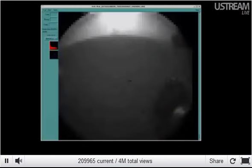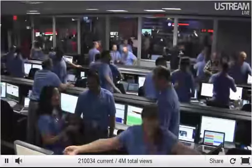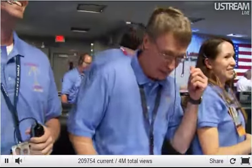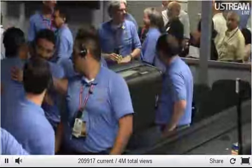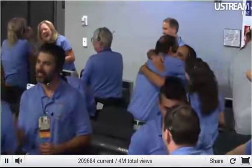These are the rear Hazcams. It does have a dust cover on it, but the dust cover is the problem. It's the fact there's dust in the air because we've just blown dust all over the place with our descent engines. Fantastic. So there could be more. If we wait, we might get